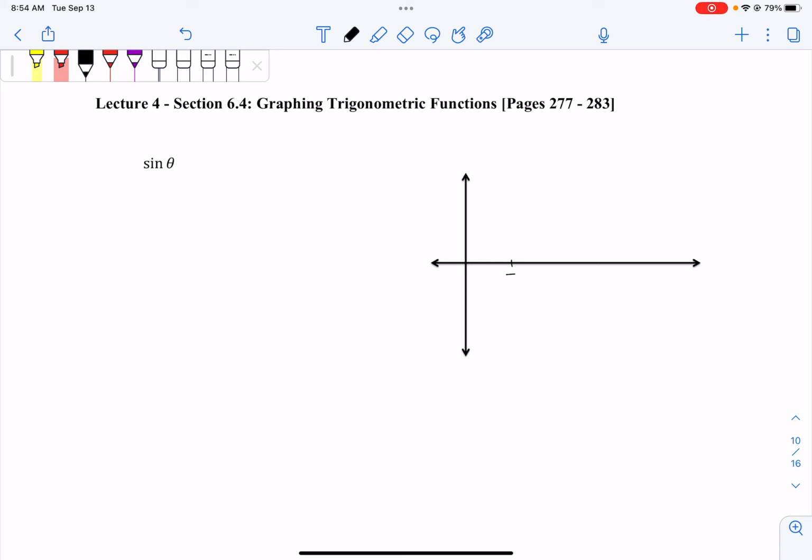So this is pi over 2, because that's 90 degrees. Then we have pi. Then we have 3 pi over 2, which is the same thing as 270. And then finally, we have 2 pi. So remember that sine of theta hovers around -1 and 1. And all we have to do is graph. So if you can't remember what sine of theta looks like,